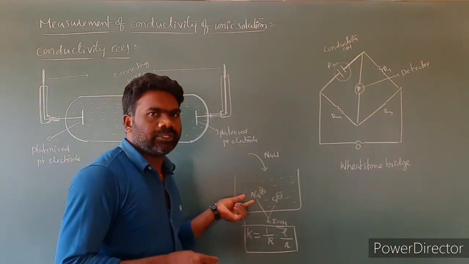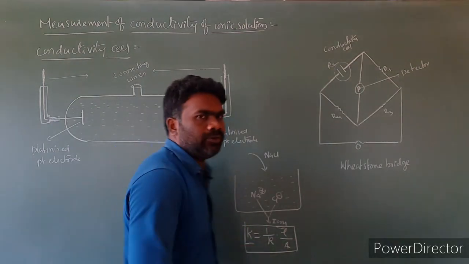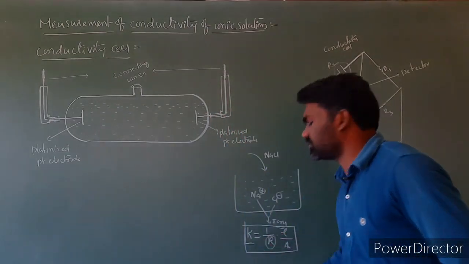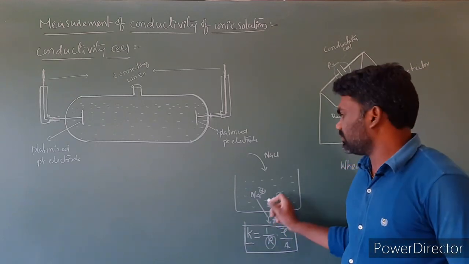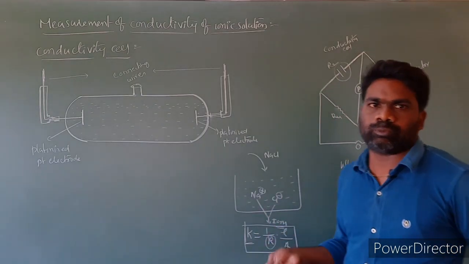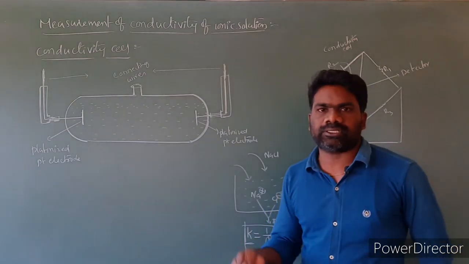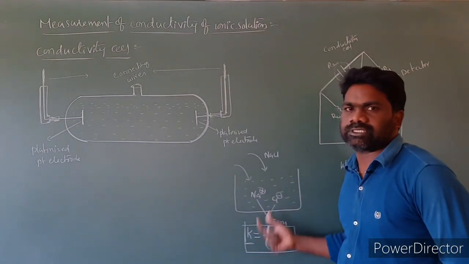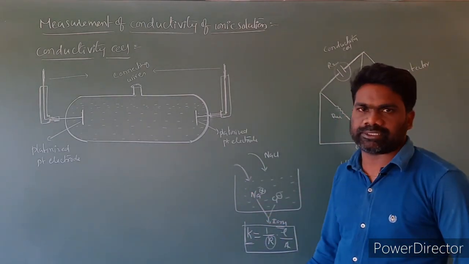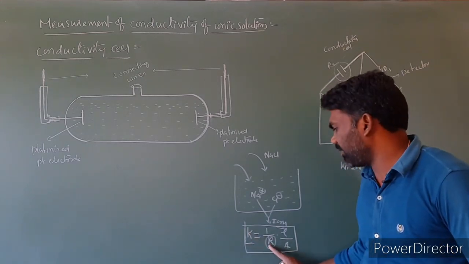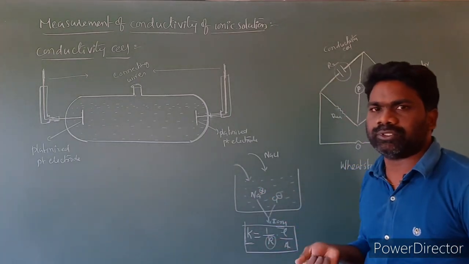To find the conductivity of this solution, we have to use the formula K = (1/R) × (L/A). If we want to find the K value, we must know the resistance of this solution. The direct measurement of resistance of a solution creates two problems. The first problem is that when we pass electric current directly into the solution, it may change the composition of the substance. So to calculate K we must find the resistance, but if we pass the current to find it, that may change the composition of the substances.